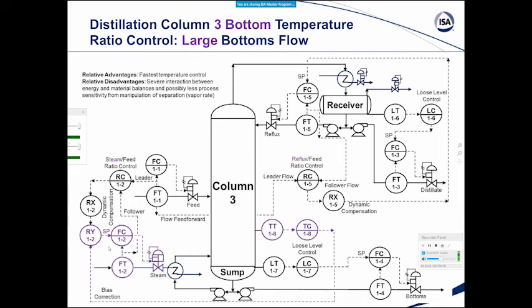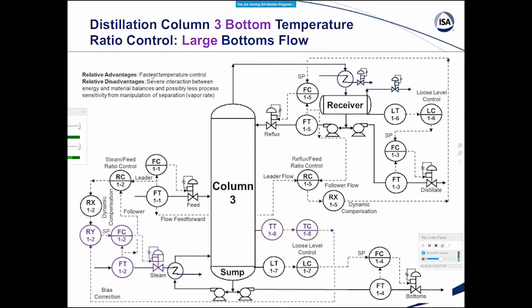The temperature is controlled by manipulating steam, the boil up, and it provides very fast temperature control because you can change that boil up through the column very quickly, in the matter of maybe less than a minute, whereas it could be hours changing the column composition by changing